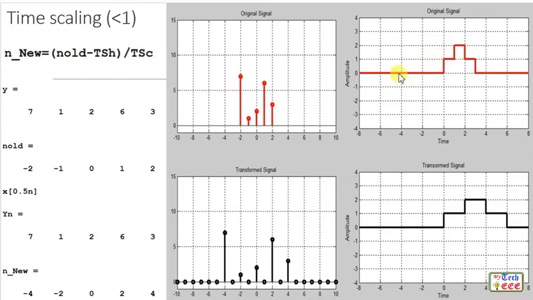And similarly, a similar operation is done on the continuous time signal. So here also we have performed x of 0.5t, which makes the signal elaborated. Now here you can see the signal which is at time t equal to 0 to 3 has got expanded from 0 to t equal to 6 seconds.